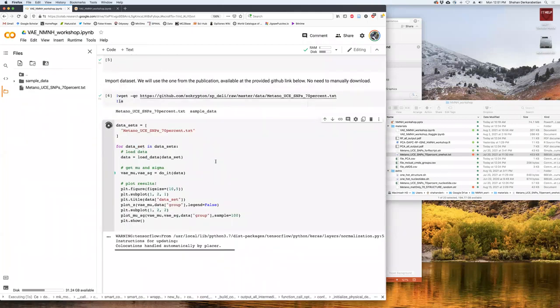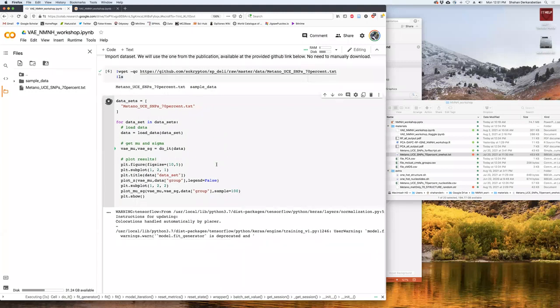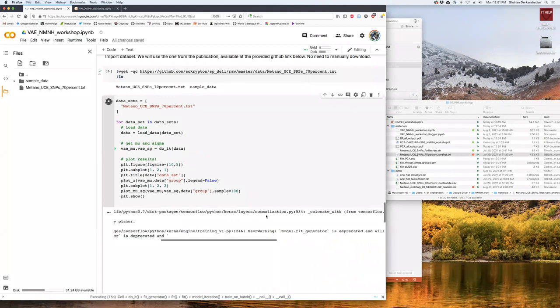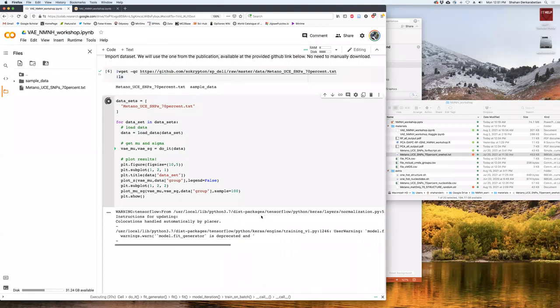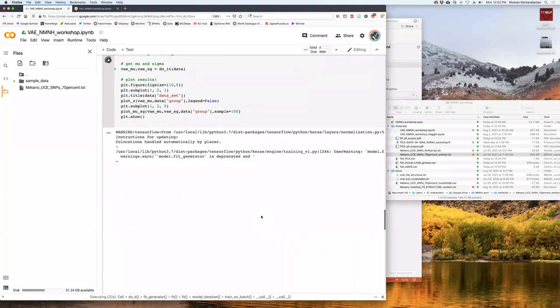Click go, and you will get some warnings. Every time I do a set of analyses, I get warnings. It's still running, right? You see this thing spinning. It's telling you how long it's taking, what it's doing. This just means some of the functions are deprecated and they'll be replaced. I don't worry about it until I get a fatal error. It's working, it's doing its thing. So for a data set of 300 SNPs, it'll take a little less than 2 minutes. So it's not too long.